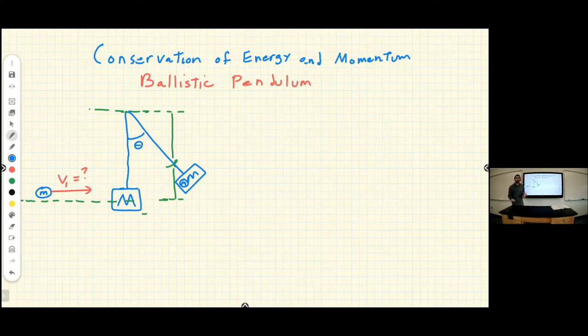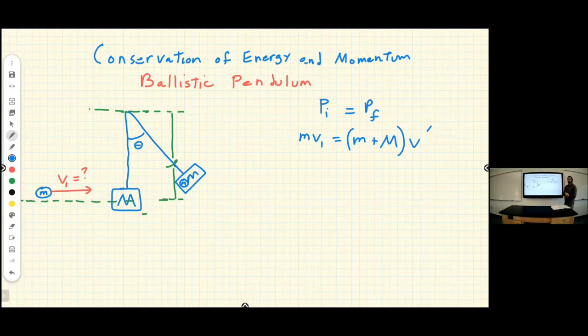All right, so let's look at conservation of momentum in this scenario. For conservation of momentum, we have P initial equal to P final. The only thing that was moving before the collision was the projectile, so the initial momentum of the system is m v1. After the collision, the projectile gets embedded in the larger block and they move as a unit at one speed. So we could combine the two masses like so,